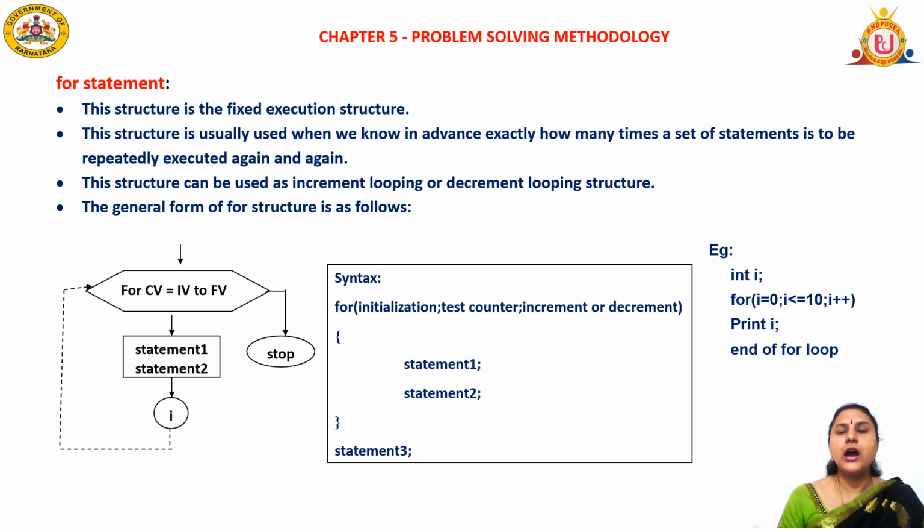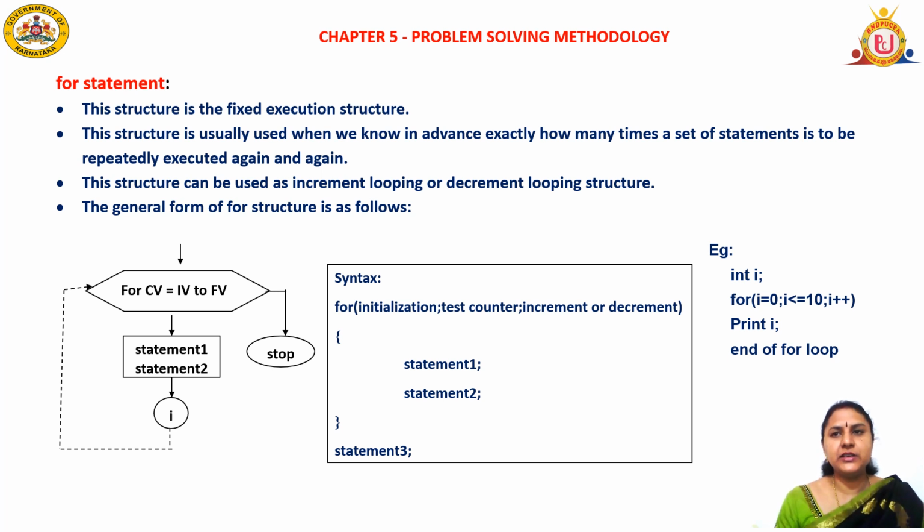Example program. I want to print the numbers from 0 to 10. Int I. So I is my initial value, that is 0. In the for loop, I am going to write the syntax, for I is equal to 0. Initial value 0 will be assigned to I. Semicolon. I am going to check the condition I less than or equal to 10. So in the first pass 0 is less than or equal to 10. So it is true. Yeah, 0 is less than 10.